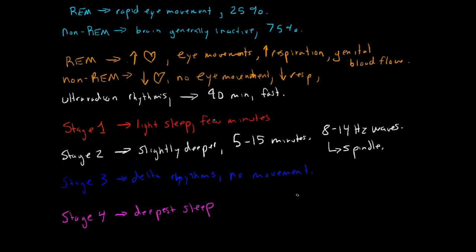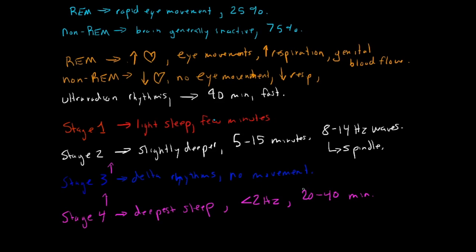And the last stage is the deepest sleep. So stage 4 is the deepest sleep. You have large EEG rhythms, like 2 hertz or less. And during the first cycle of sleep, so the first 90-minute cycle, this may last for 20 to 40 minutes. But after this, sleep will begin to lighten again, and it'll progress back through stage 3 into stage 2. So stage 3 and stage 2 will be 10 to 15 minutes long, and it'll include fast EEG, beta and gamma rhythms, and frequent eye movements. So this would be REM.